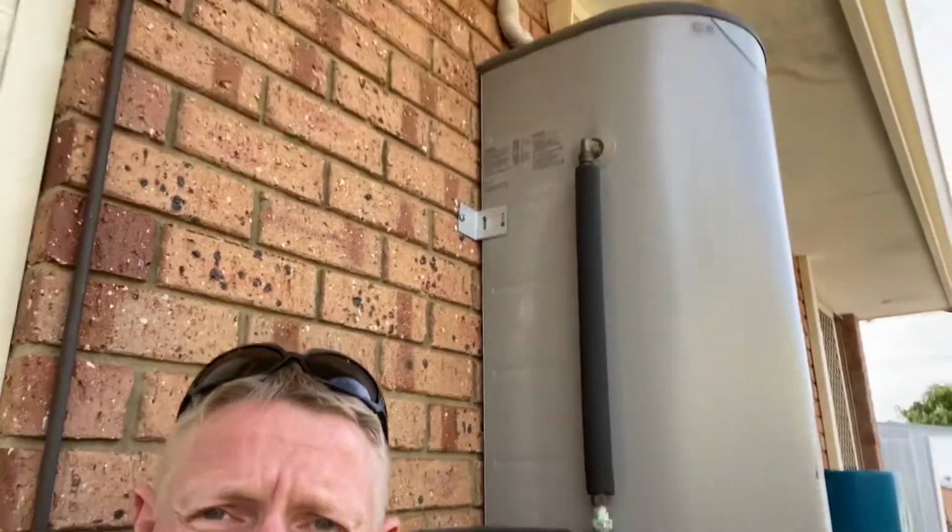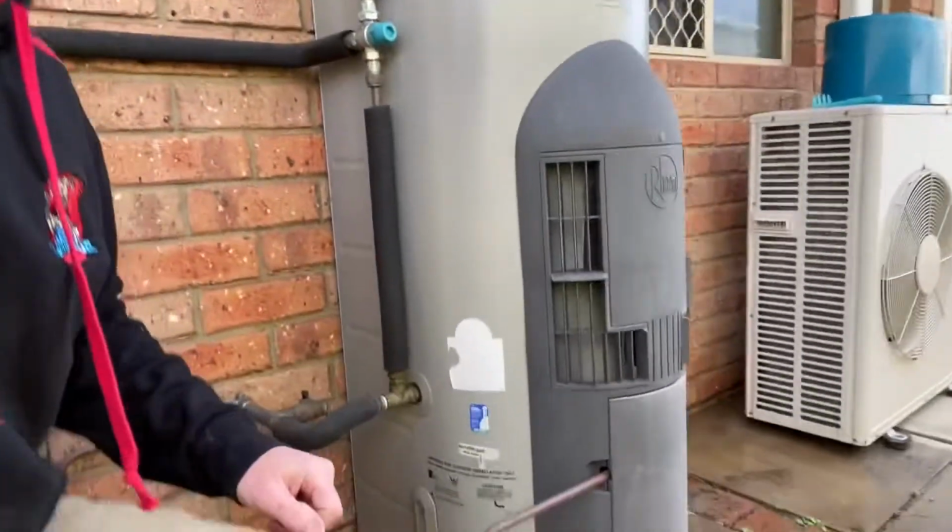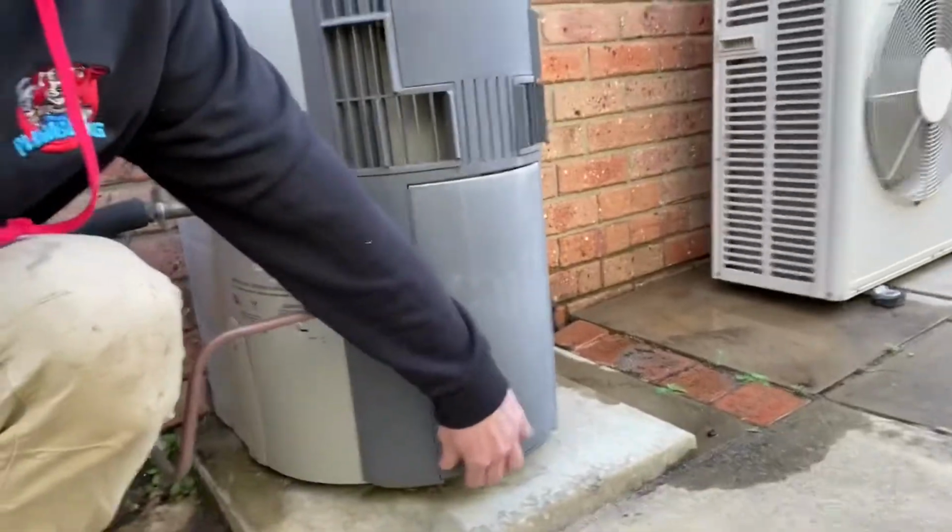Just been called out to a property in Thornlie, Western Australia, and the customer is having issues with their hot water. The hot water is not very hot and it's really lost its pressure recently, so the first thing I noticed is that they've got a Rheem Stellar 360 installed, and if I take off the front panel on the Stellar just here,